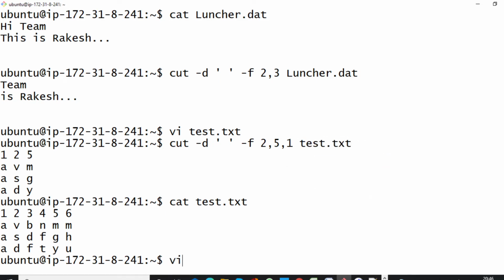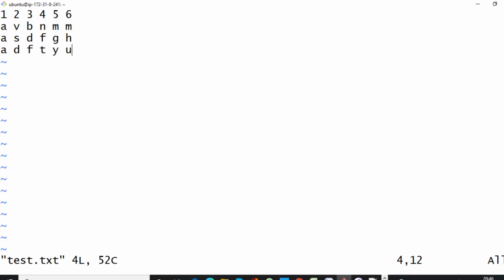Just let me show you once. Here, instead of space, I put a dot.